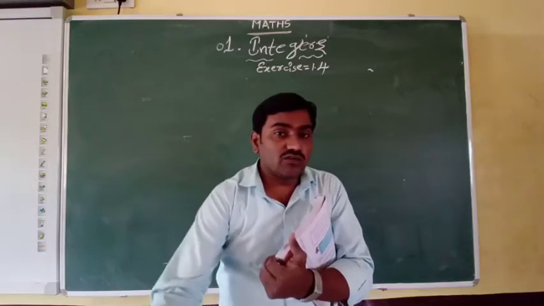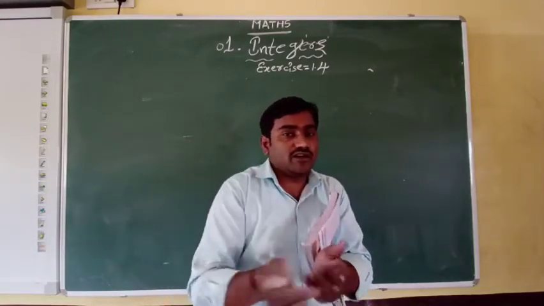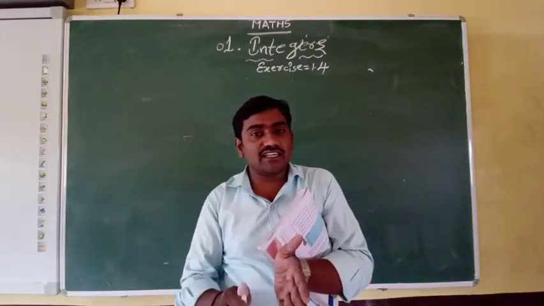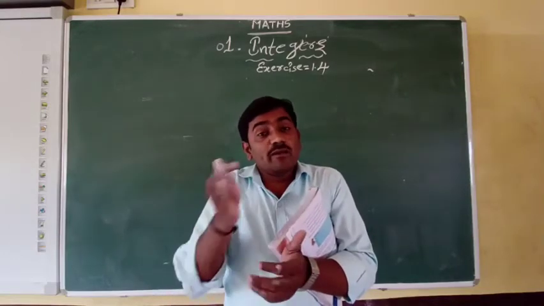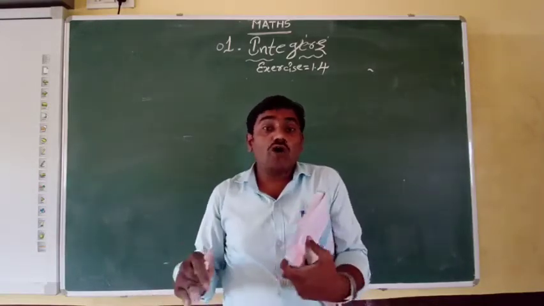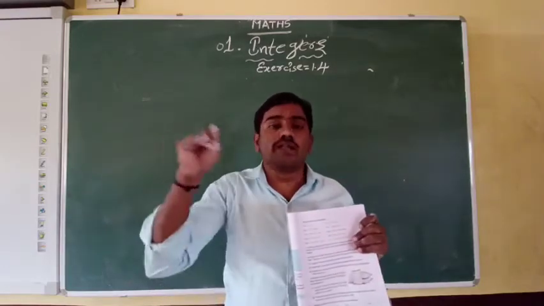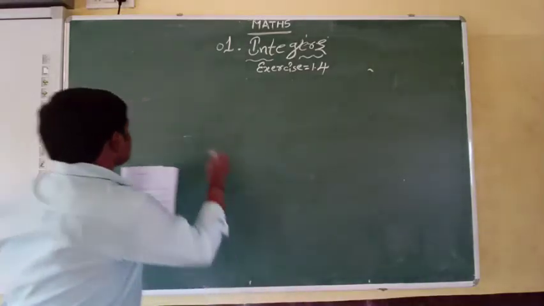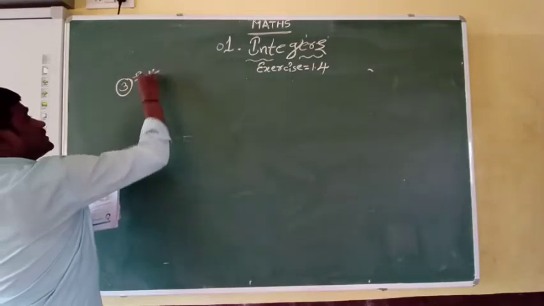Again, at 12 o'clock, again 5 degrees centigrade will decrease. That means at 11 o'clock it has 35 degrees centigrade. At 12 o'clock, it will be 30 degrees centigrade. At 1 o'clock, it will be 25 degrees centigrade. It will proceed like that. So, after 10 hours, what will be the room temperature? This is what the question asks. So let us try to solve this third question.